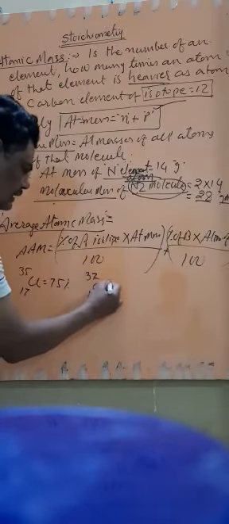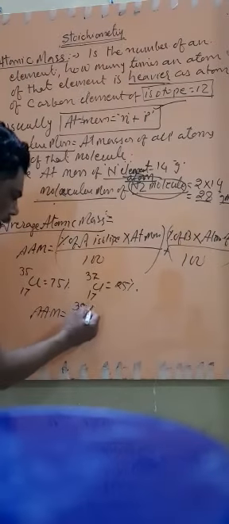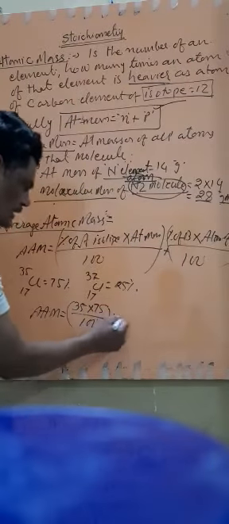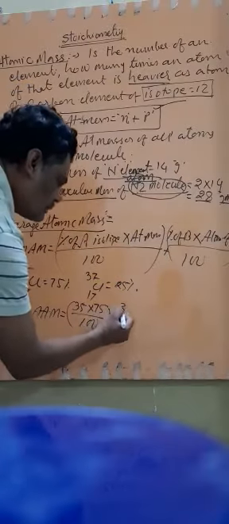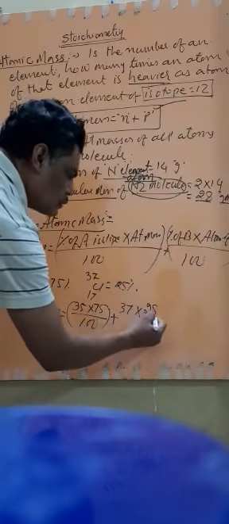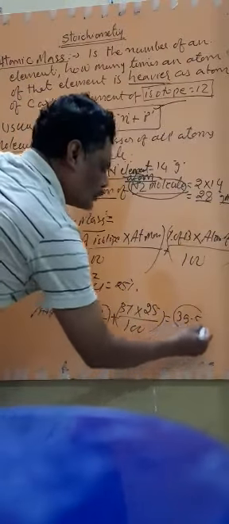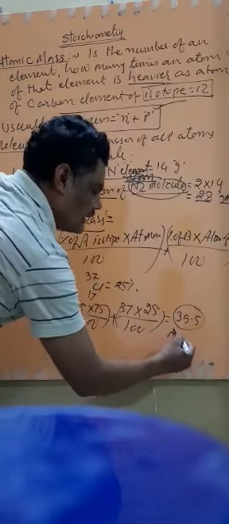plus the percentage of B isotope multiplied by the atomic mass of B divided by 100. Like here, suppose chlorine has two isotopes, one is Cl-17 having mass 35, suppose 75%, and the second one is Cl-17 with mass 37 and its percentage abundance is 25%. So how do we find the average atomic mass? Average atomic mass is equal to 35 multiplied by its abundance 75 divided by 100, plus 37 multiplied by its abundance 25 divided by 100. If you solve, the answer will come 35.5. So 35.5 is called the average atomic mass.